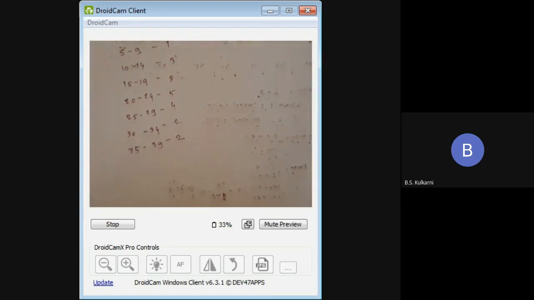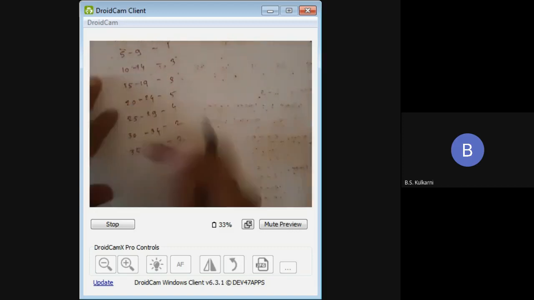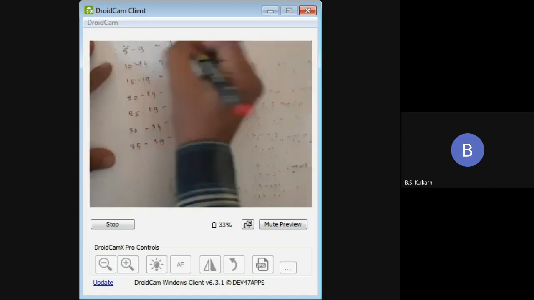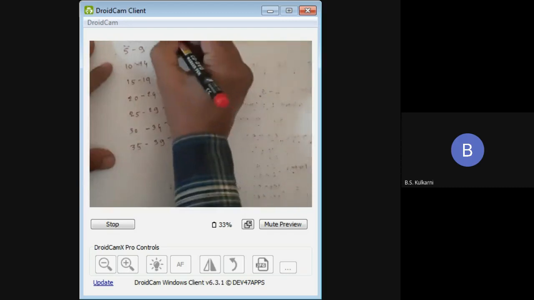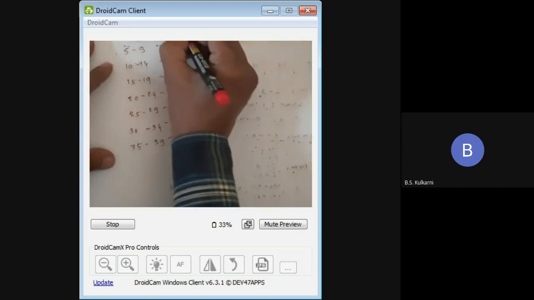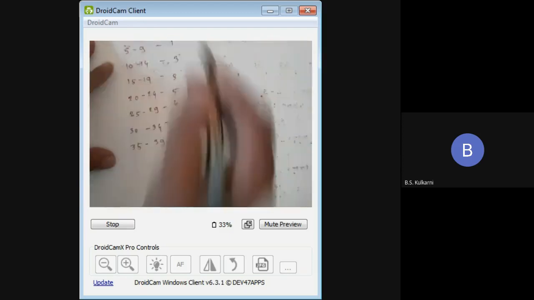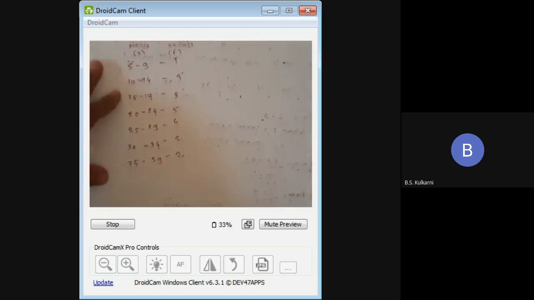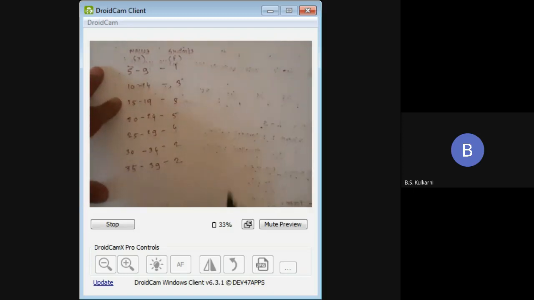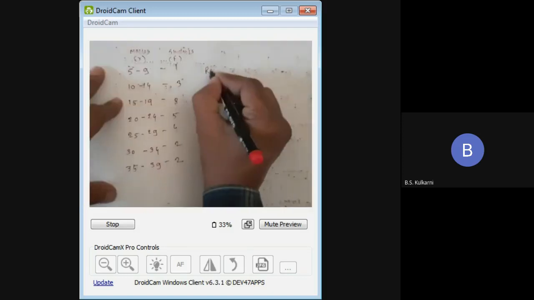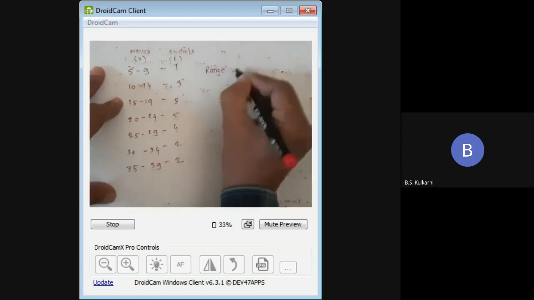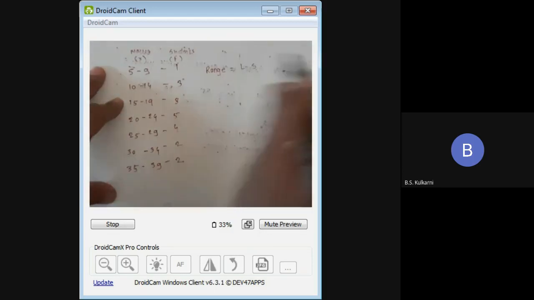Now find out the coefficient of range from the given data. So now this is your x variables and this is your frequency. We can say this is the students and these are the marks. Okay, students and the marks. Now if you want to find out the range, the formula is range is equals to L minus S.